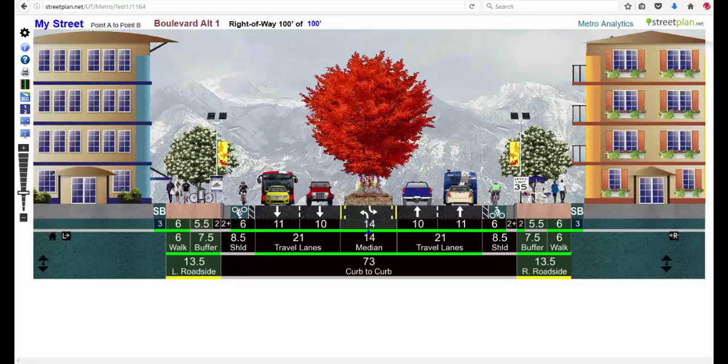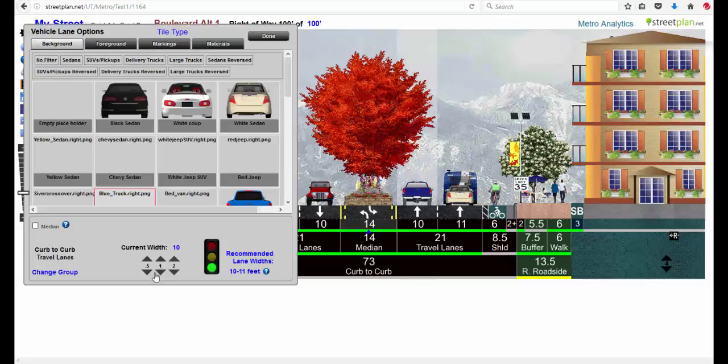I want to show you how best practice recommendations work. For the most part, best practice recommendations are indicated by the colors on these rulers. A green means that that is within the best practice, yellow means it's borderline, and a red means it's not in best practice. So for example, if I click on this 10-foot vehicle lane here and I change it